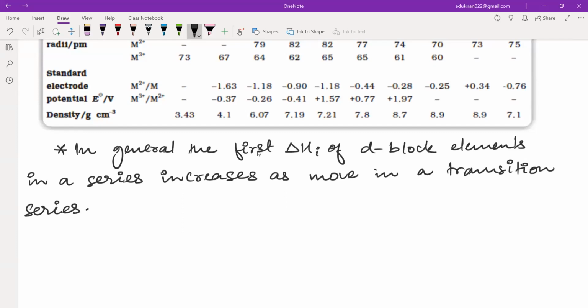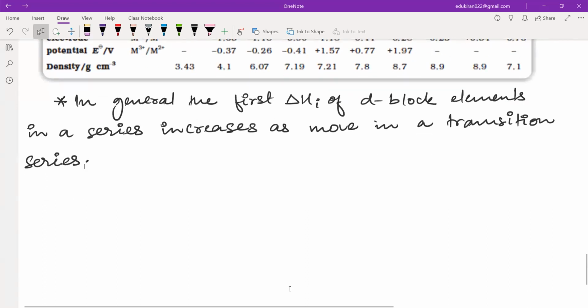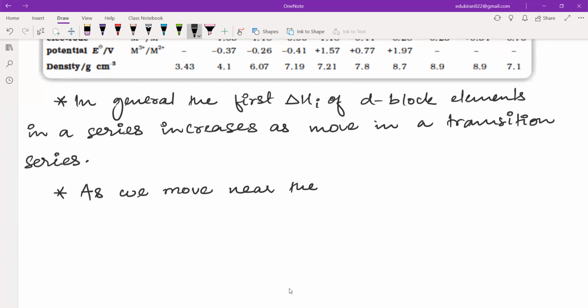As we move in a transition series, whatever anomaly that you see here is due to a phenomenon which is known as the reorganization energy. As we move near the middle, or middle means half filled,